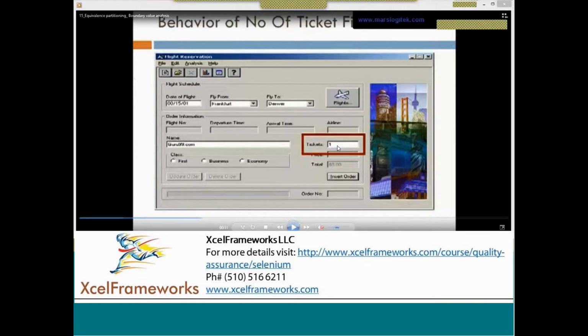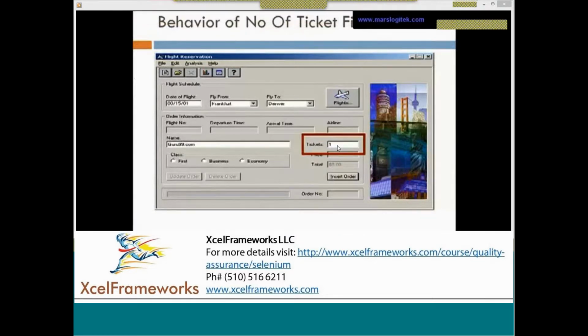If we say 5 or 10 tickets and click on insert order, a message should come, like five tickets are booked. Those are the test cases for tickets.